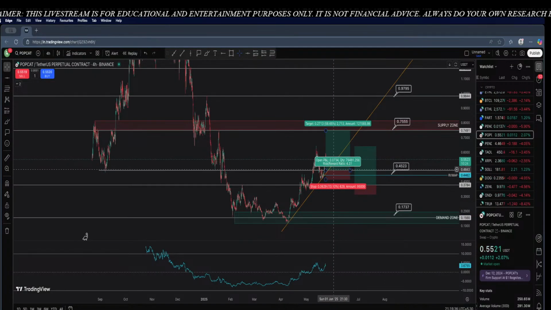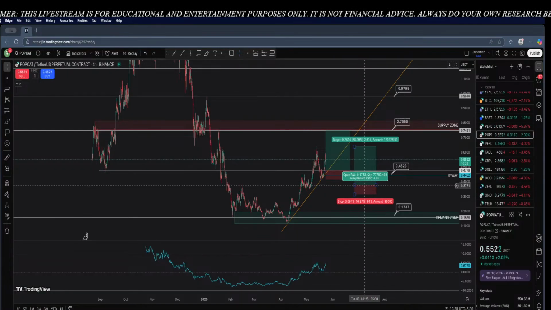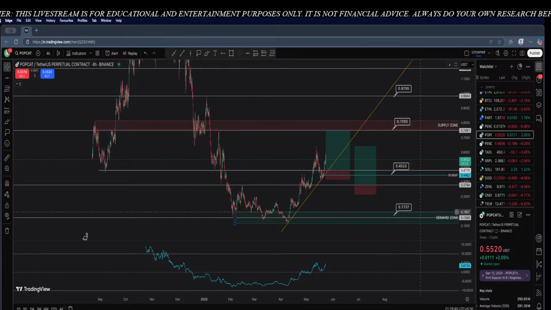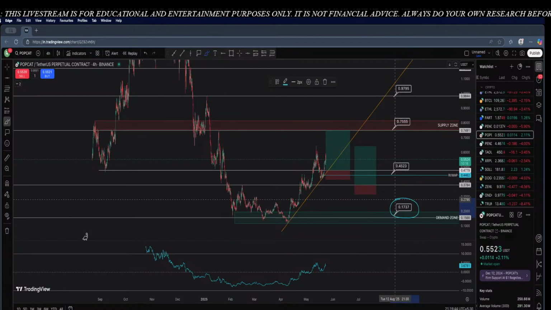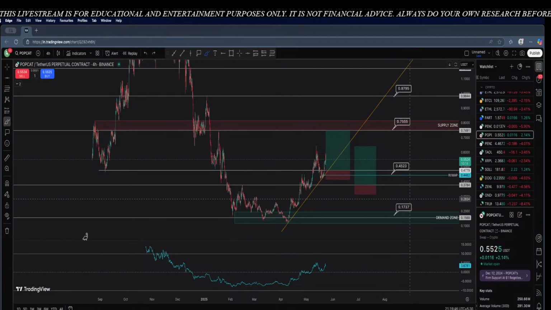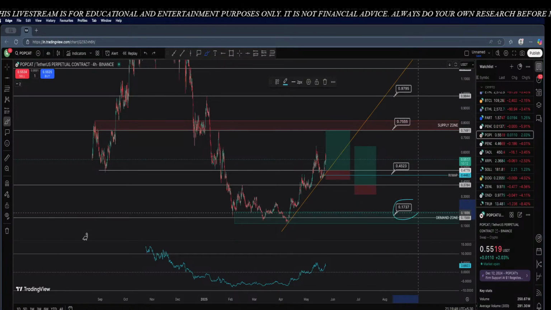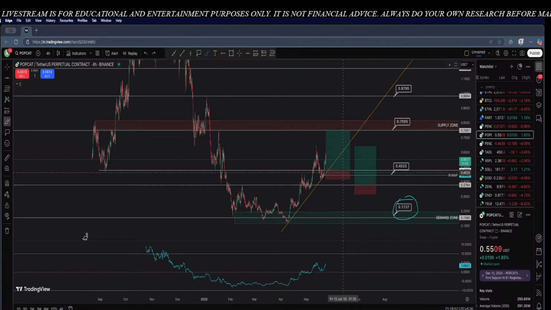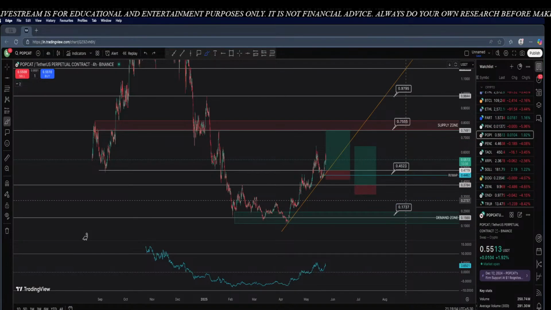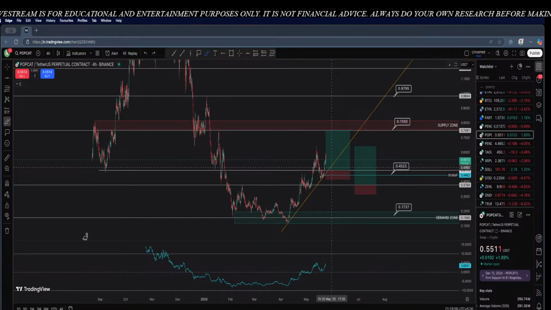As soon as we get a retest of this level or this level, of course, if we come into this zone, absolutely a good buy right here. This zone is going to be a good buy, no doubt. Without a doubt, there is 100% certainty that once it comes into this level, the price is going to react quite massively. But I don't think we're going to come so low. Might happen, absolutely. So just to be sure,